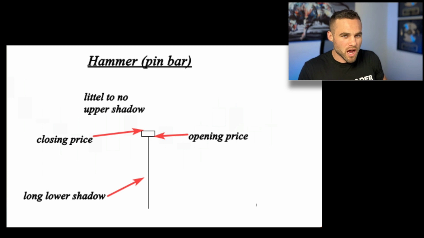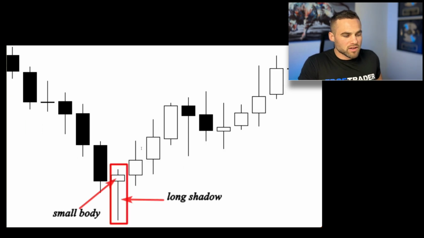The next candlestick pattern that we have is a pin bar. There are 2 variations of a pin bar: a hammer and a shooting star. As you can see, this is a hammer. It's got a small body here at the top, and then it's got a long lower shadow, or long lower wick. So it looks like a hammer. Generally, this is a sign of a reversal as well. We see that sellers tried to push the price all the way down to here, but buyers came back in,